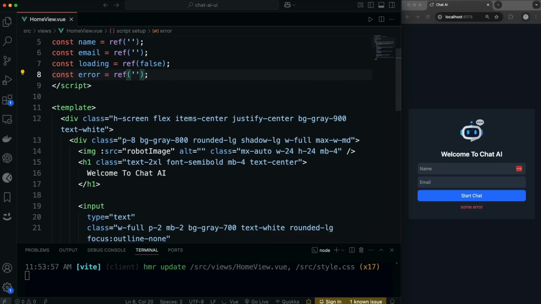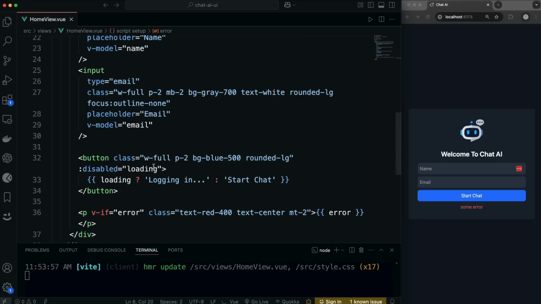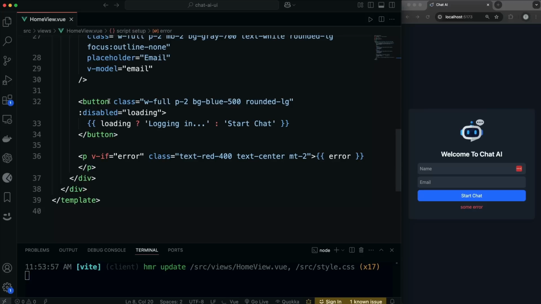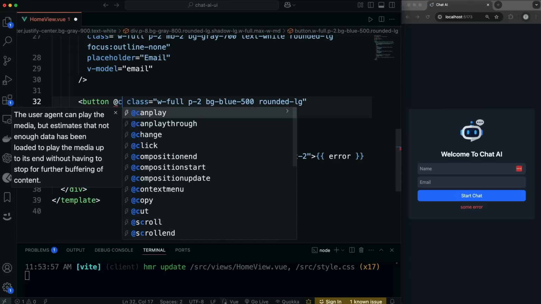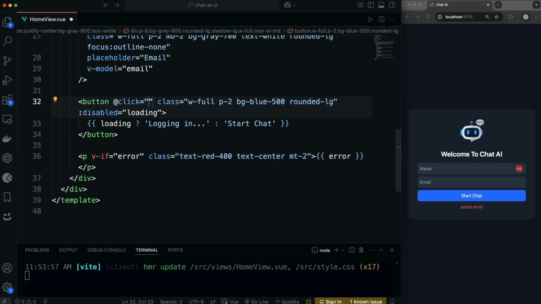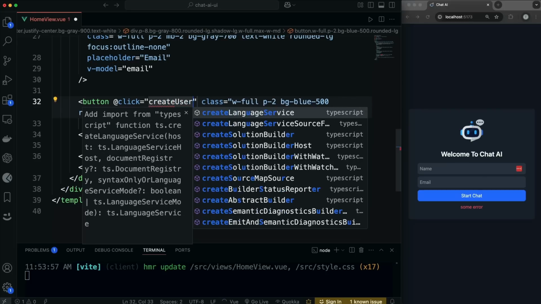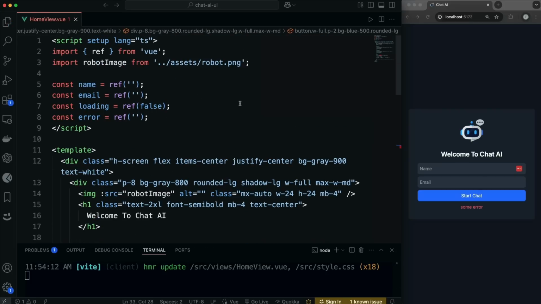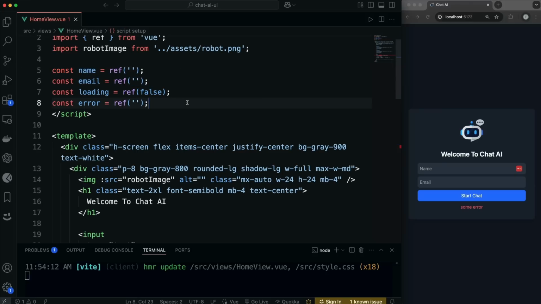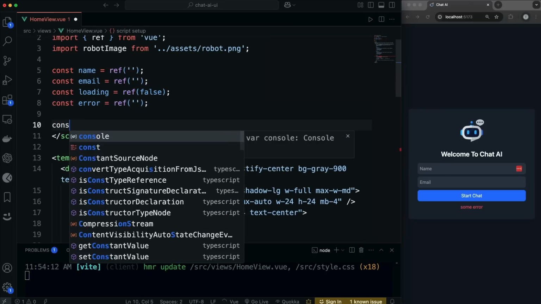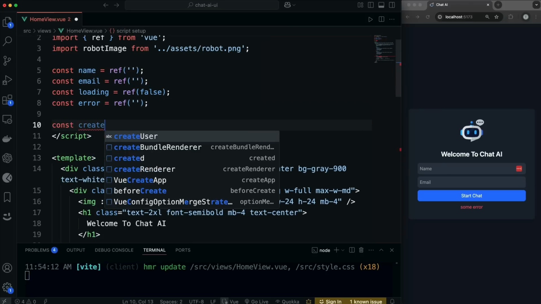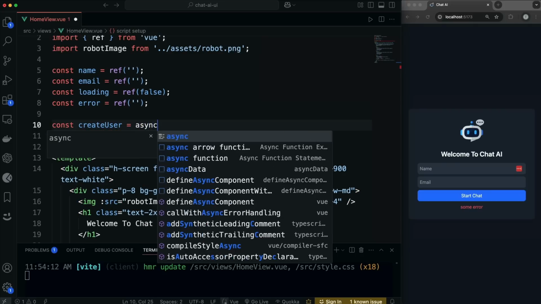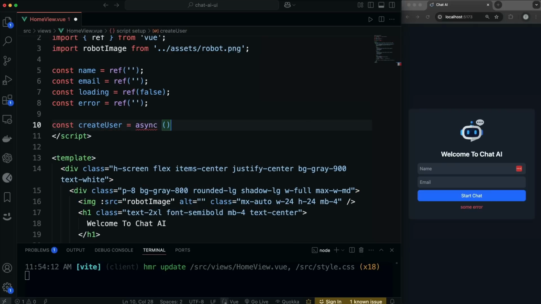All right, cool. Now that button is going to call a function. So let's go to the button here. We'll say @click. So when we click this, we're going to call a function called createUser, which doesn't exist yet. So we're going to go up here, and we want to create the createUser function. So here, let's say const createUser. We'll set that to an async function,